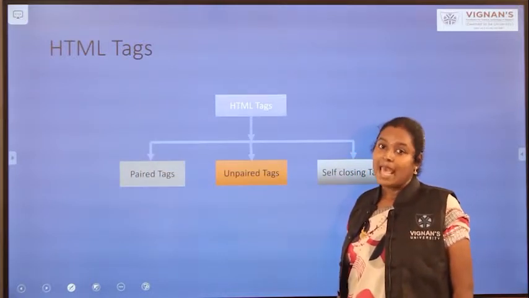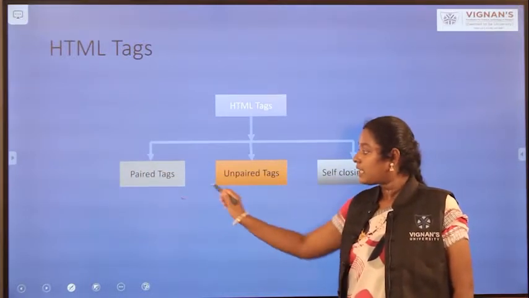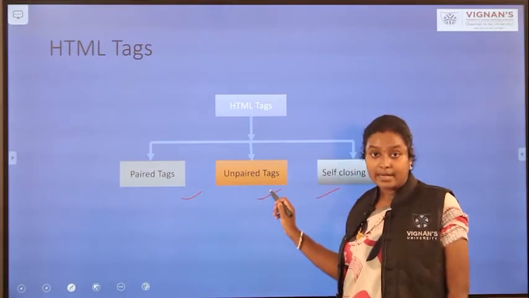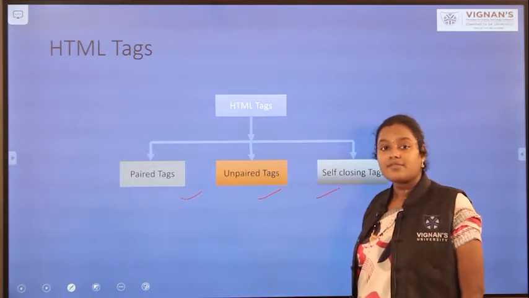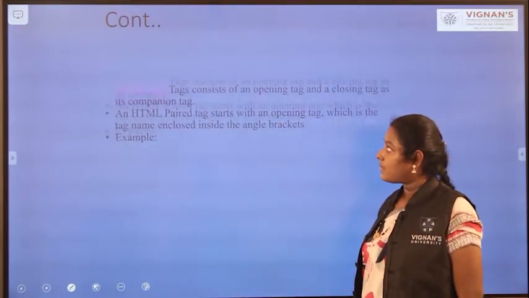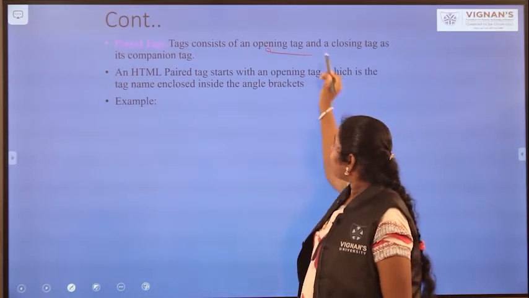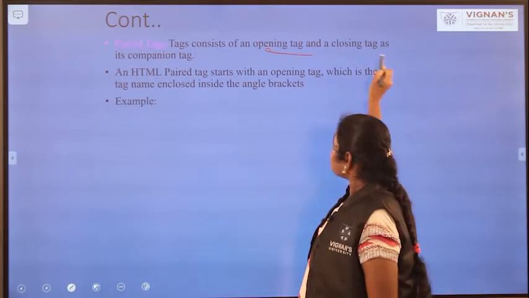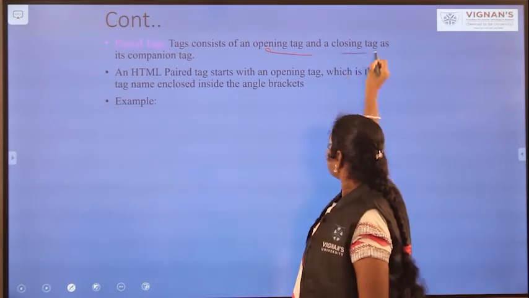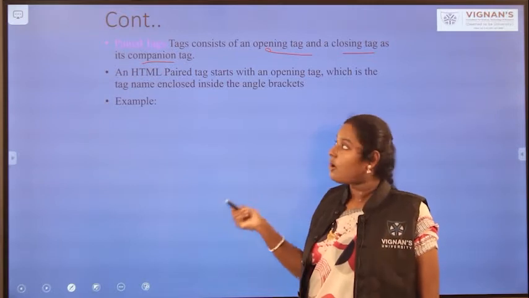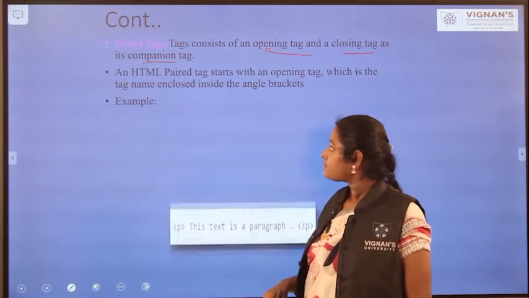Generally, these HTML tags are divided into three types: one is a paired tag, next is an unpaired tag, and the third is the self-closing tag. What is meant by a paired tag? A paired tag consists of an opening tag, and it will also have the closing tag or companion tag. The tag which has both an opening and a closing tag is called a paired tag.